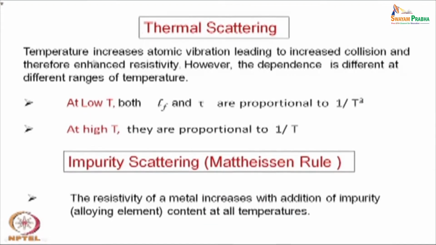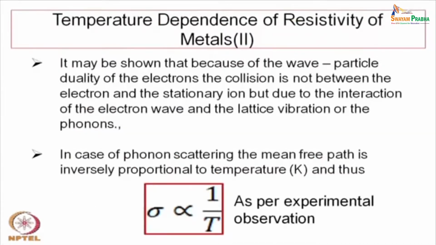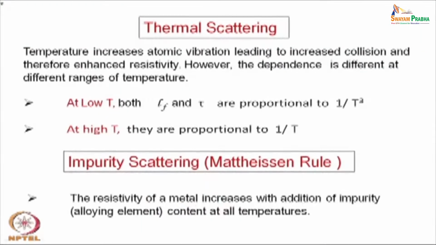Now, some more phenomenological observations. The temperature increases atomic vibrations leading to increased collision and therefore enhanced resistivity, that we have just seen. However, the dependence is different at different ranges of temperature. We have earlier seen, just in the earlier slide, that sigma is proportional to 1 by T, inversely proportional to T. But this linear proportionality is not always true, and that is what has been shown here,